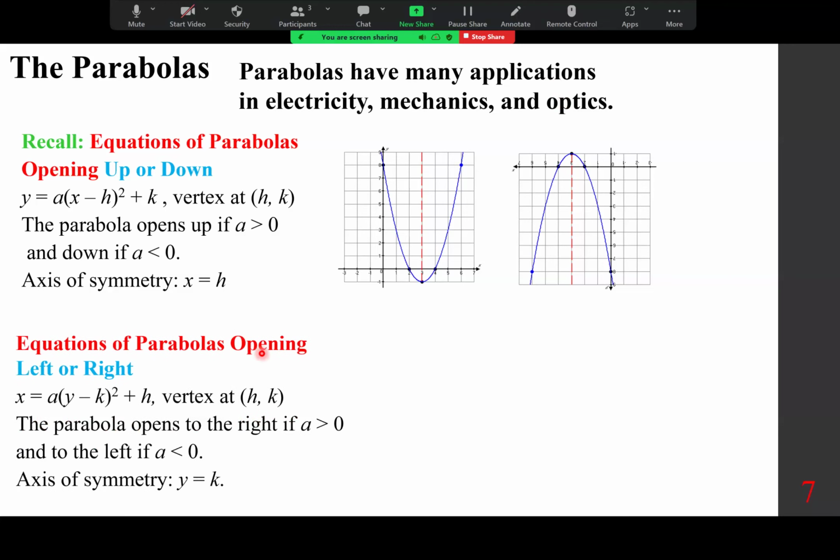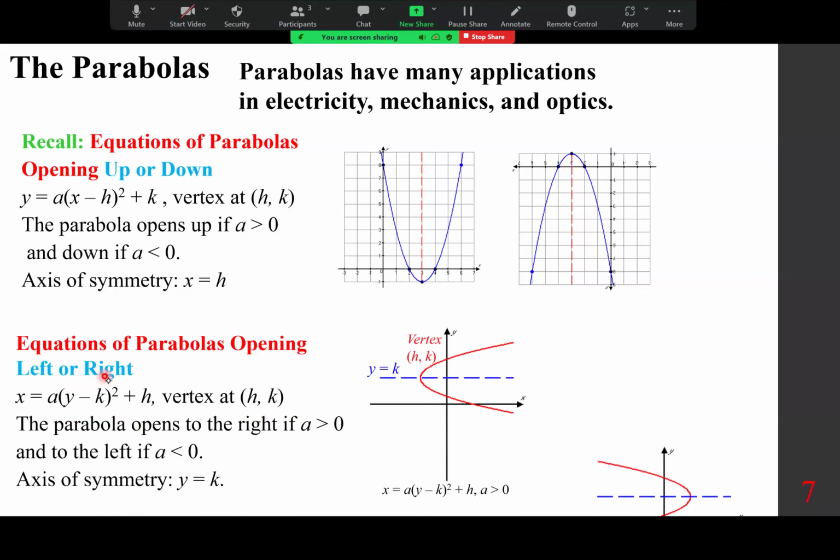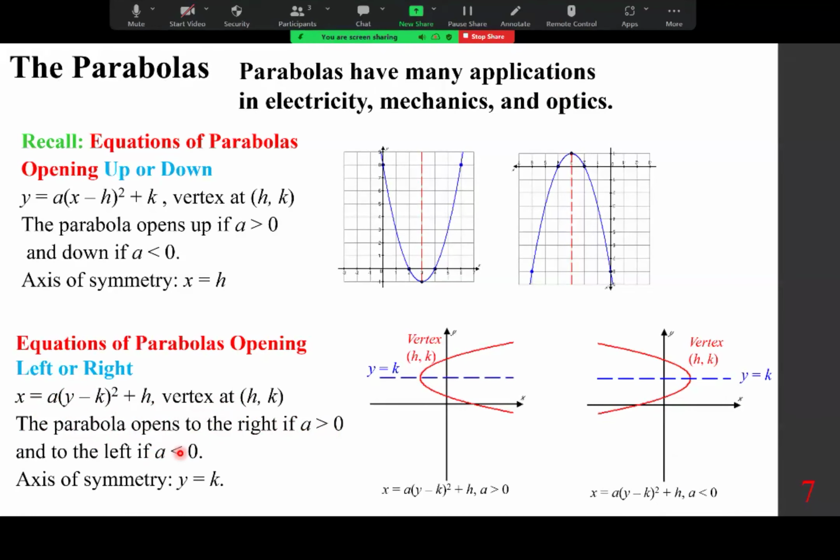The equation of parabolas opening left or right. This is to the right. This is to the left. x equals a times (y minus k) quantity squared plus h. The vertex is still the same point (h, k) if you write it in this format. The parabola opens to the right if a is positive, and to the left if a is negative. The axis of symmetry is y equals k, because